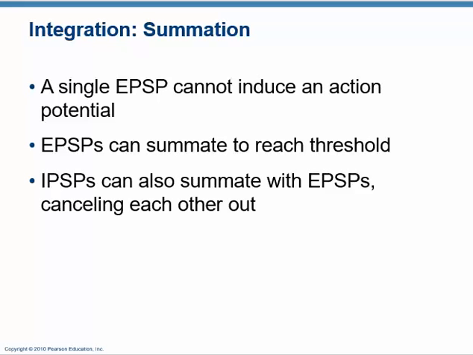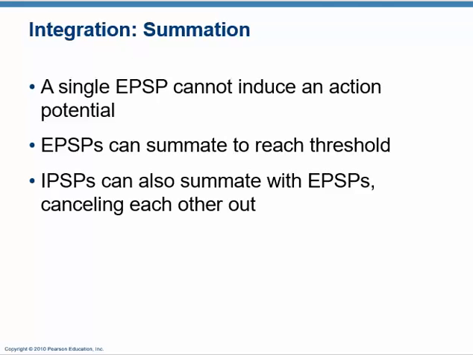So say it takes 10 excitatory to reach the threshold. You get 10 excitatory, you reach threshold. If you have 10 excitatory and 1 inhibitory, you don't reach threshold. You need 11 to counterbalance that 1. So neurons are stimulated by both excitatory and inhibitory, often at the same time, and the summation is how